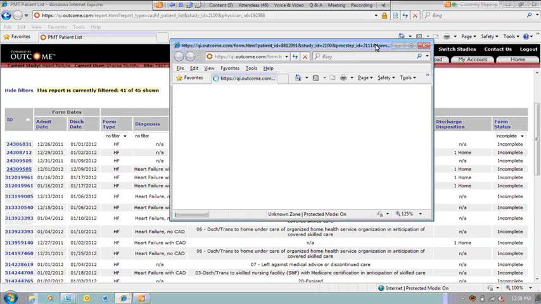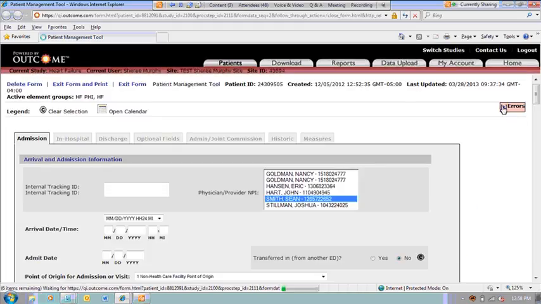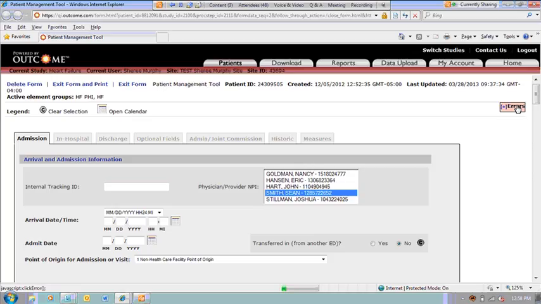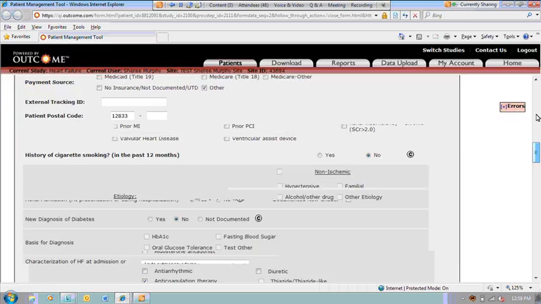And when the record opens up, you can click on this pink errors box and see what may be missing that's preventing this record from being saved as complete. And actually, for this particular record, there are no what we call critical errors that would prevent me from saving the form as complete. It's just these warnings that are informational and will not prevent the form from being saved. So actually, it looks like I just forgot to check the complete box at the bottom on this record.